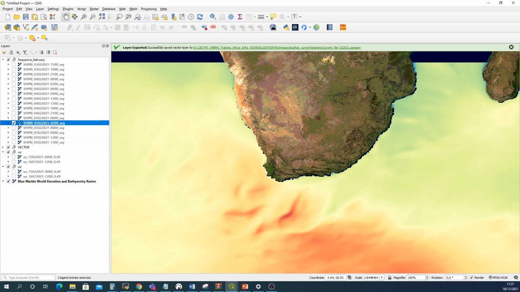To do so, you just have to right-click on this layer, open Properties,